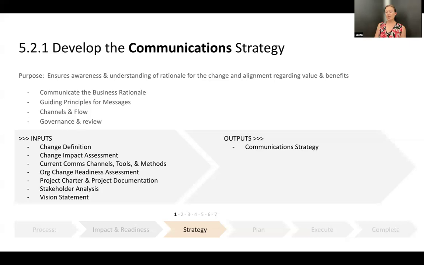The communication strategy should provide guiding principles for communication messages. A message is a simple and clear idea and should summarize the essence of the change. Effective messaging means communicating the right messages through the right channels. Messages should be relevant and appropriate to the audience, and there should be continuity across the messages. Using storytelling techniques that include interesting narratives, human interest stories, and arresting imagery will assist in communicating the message to